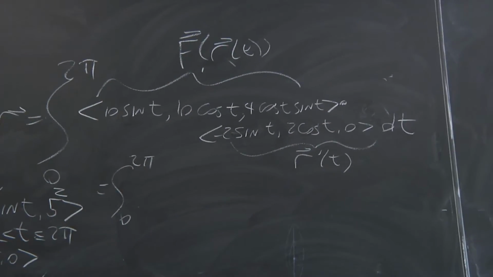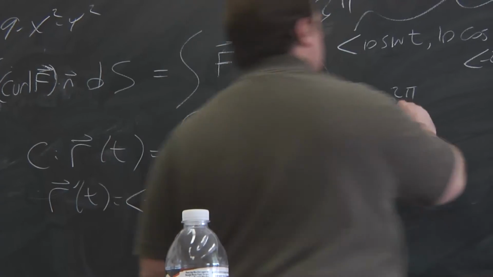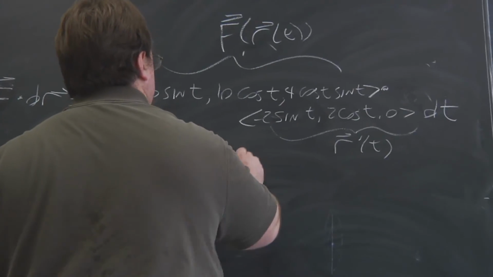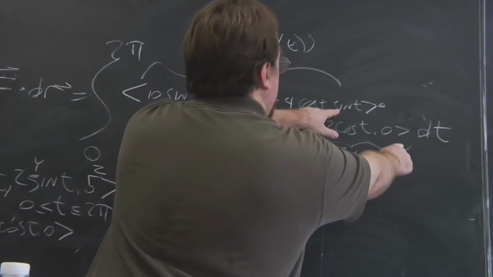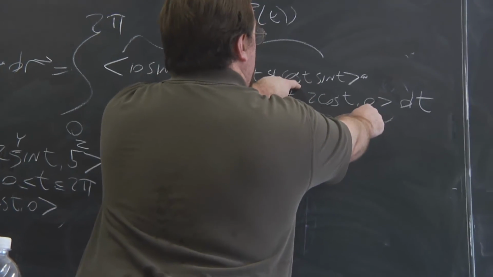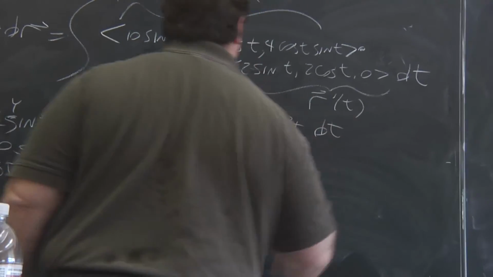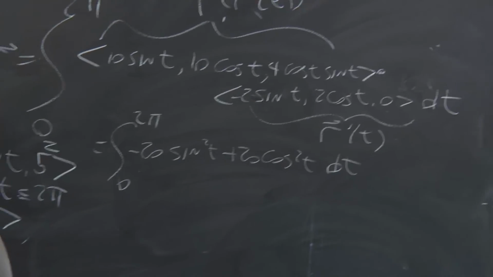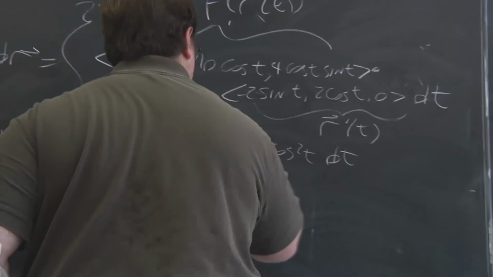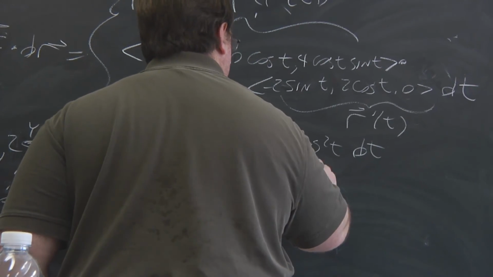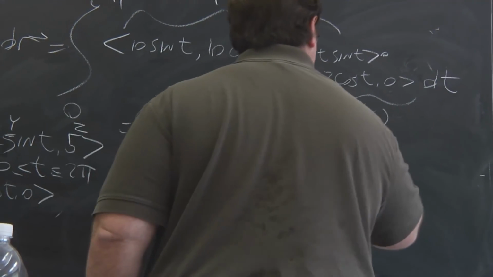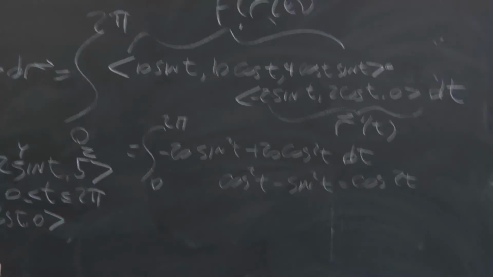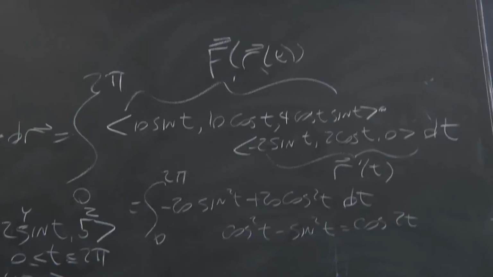So I just copied the derivatives from here. So we have minus 20 sine squared t plus 20 cosine squared t. And then here, this last part of the dot product is 0. So we get dt. Now, we can use the identity cosine squared t minus sine squared t is equal to cosine of 2t. So that's one of the double angle formulas. So now we have the integral